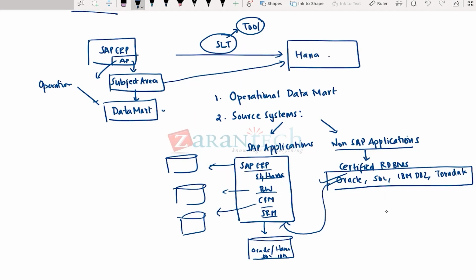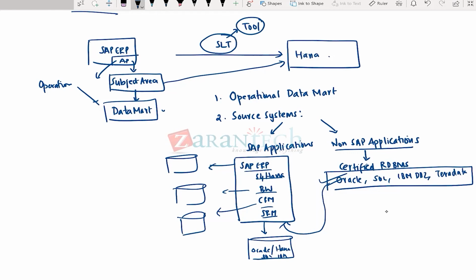But the first question you have to ask is, would an SAP application be able to be supported by that Oracle database? In this case, can it be supported by an Oracle system? Any SAP applications, excluding your S4 HANA. Because S4 HANA is a system that can only be supported by an underlying HANA system. But if you look at any of the traditional SAP applications like ERP, BW, CRM, SRM, and all that, they could be supported by an underlying database layer. That underlying database layer could be an Oracle system, a SQL Server system, an IBM DB2,